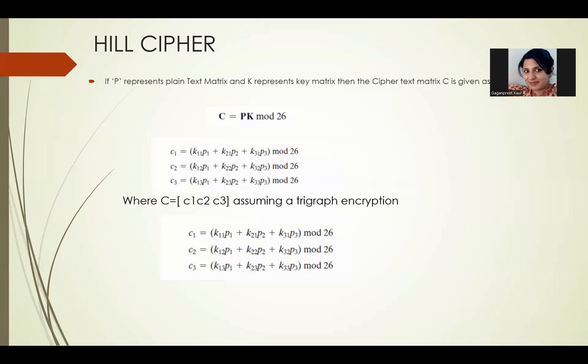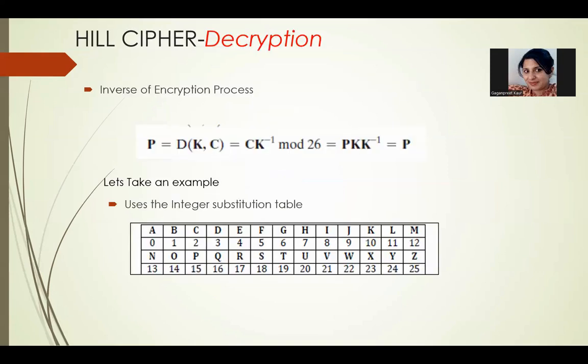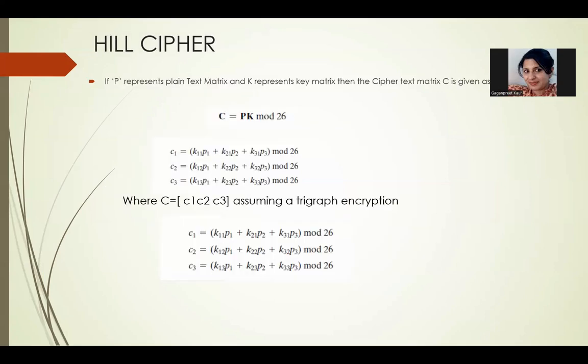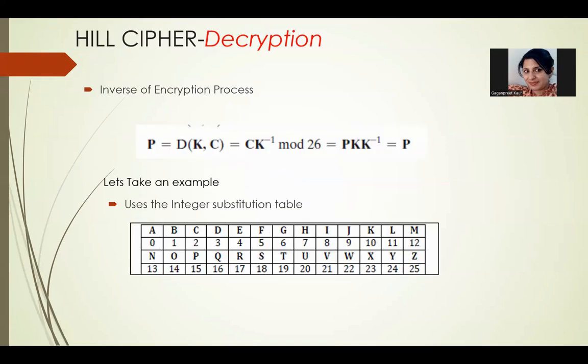Since we are dealing with multiplication, definitely it will require some numeric values. So we are making use of a substitution table. We'll see it eventually. So this is the substitution table we're going to use. All our alphabets are simply numbered from 0 up till 25 in English. So each alphabet will be represented by its integer equivalent. It means for S, I would have the value 18. For A, I would have the value 0. And for Y, I would have the value 24.